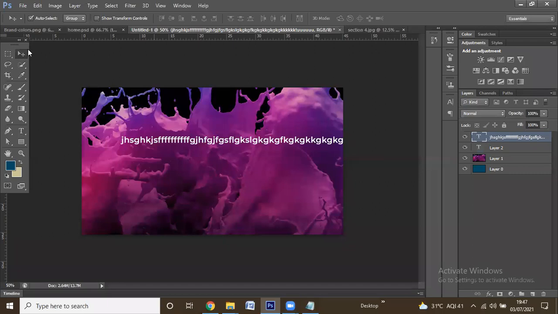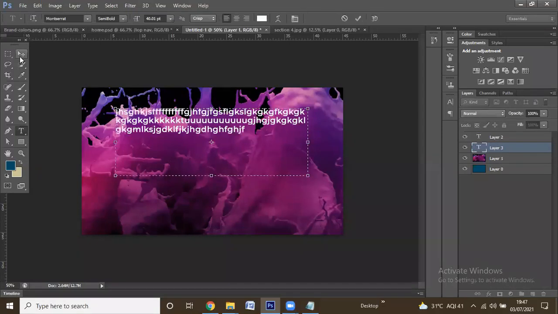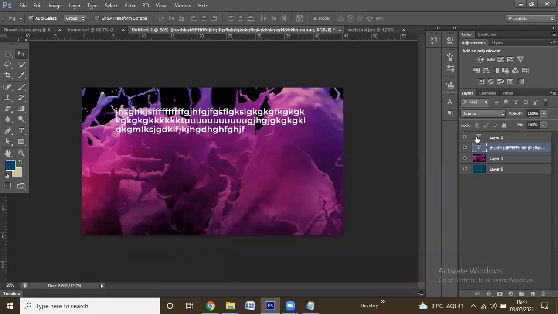Coming to this symbol, this is called the selection tool. So you can select the layers. For example, I have placed text, right? Keep it there. How many layers are there in this canvas? Totally 3 layers. Am I right? One is the background layer, one more is content, and one more is text.